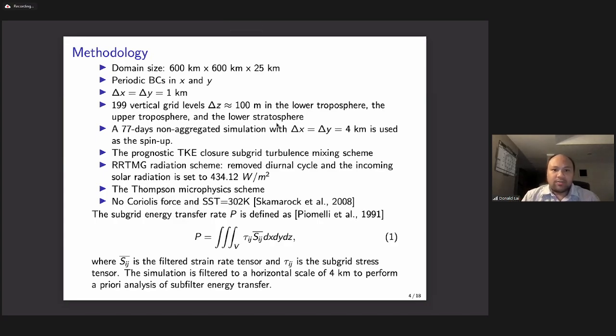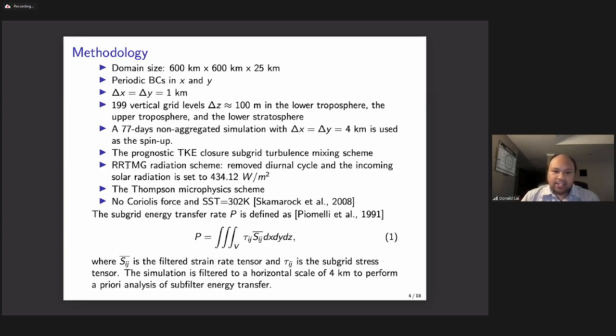So this is the detail of the simulation. This simulation is an RCE simulation. It is considered as a non-aggregated RCE simulation. I will talk about what I mean by non-aggregated later on. So the resolution of this simulation is 1 kilometer, and we will filter this simulation to 4 kilometers to perform the a priori analysis. So these are the details of the RCE, and